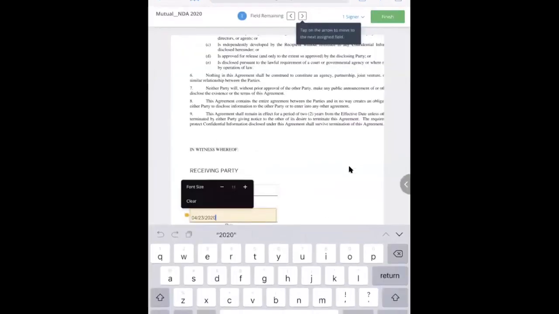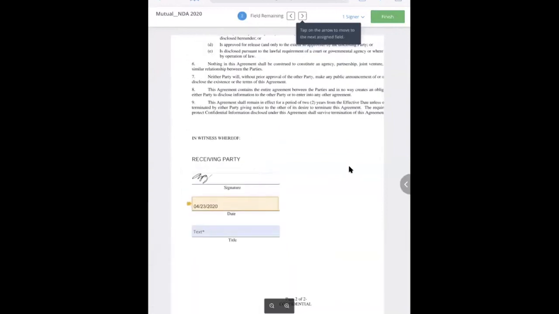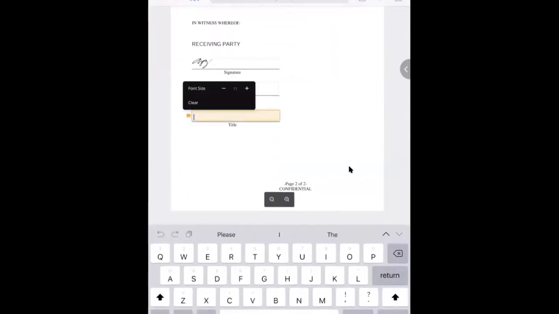Second is the date field. It will auto-complete it. And then the last one is the title of this person. Let's say that it's just manager is their title. Once they've completed all of the fields,